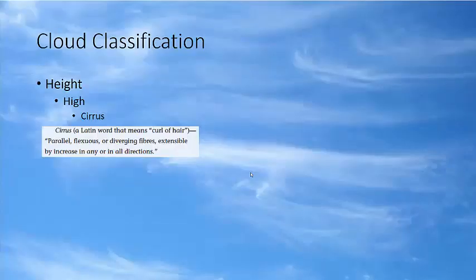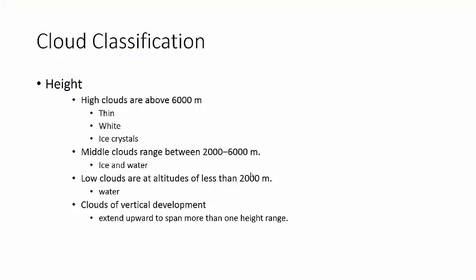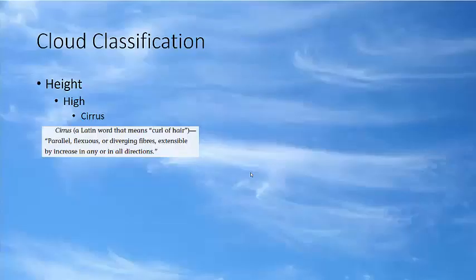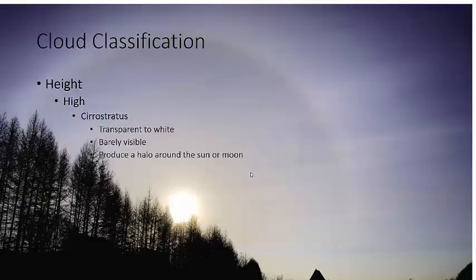So the high clouds have to have a name, and of course they do. Cirrus clouds. Well, wait a second, I thought that was a form. That was light, wispy curl of hair, right? Yes, but if you go back and look, what are the high clouds? They're thin, white, and ice crystals. And what are the cirrus clouds? Thin, white ice crystals. So, same name.